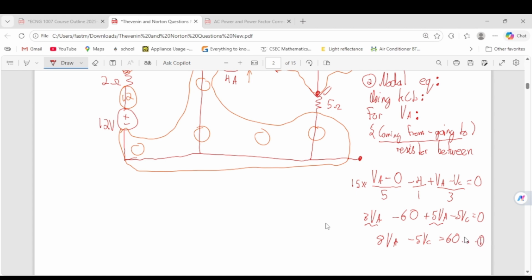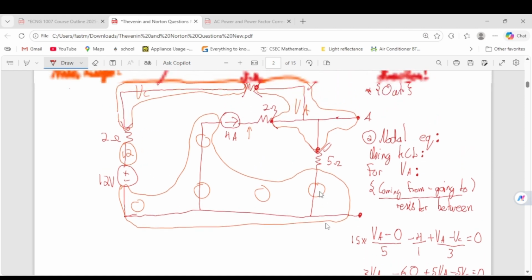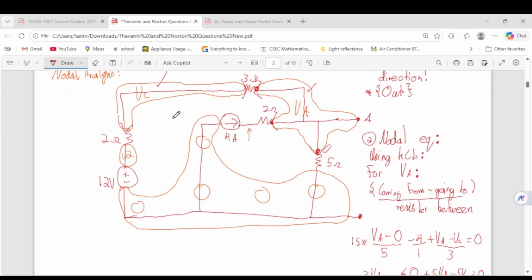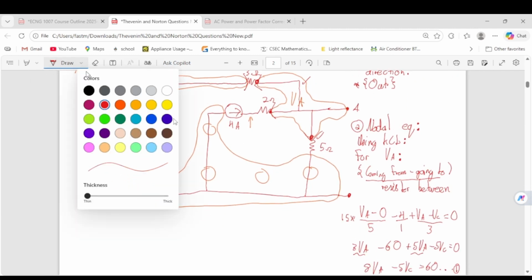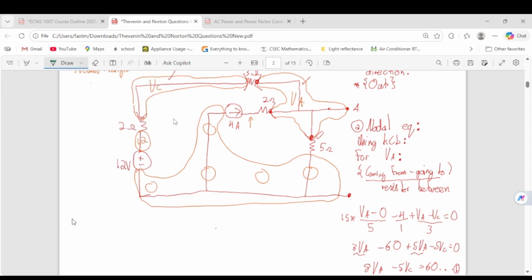So that'll basically be your first equation. That is for VA. So now just repeat the same process for VC. So it's a different color. Right, so for VC,